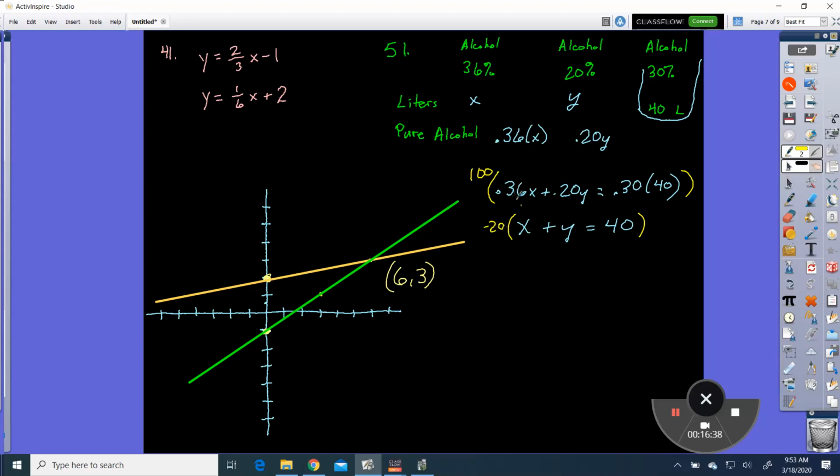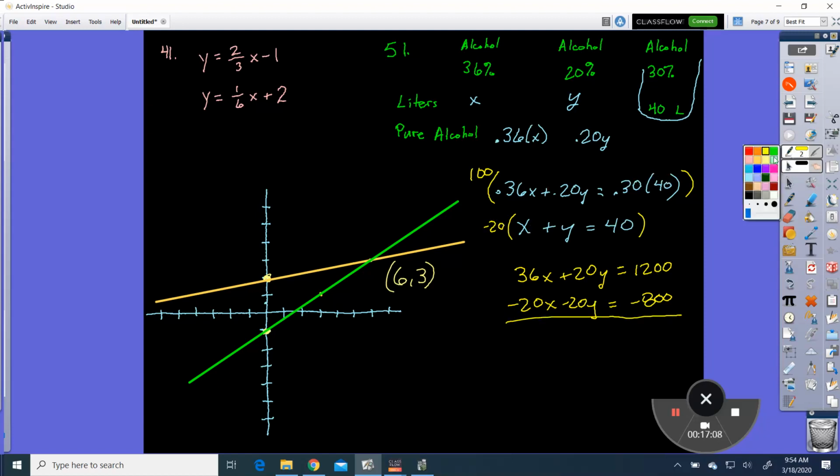So 100 times 0.36 makes 36x. 100 times 0.2y makes 20y. 100 times 0.3 is going to be 30, times 40 is 1200. Now down here I'm going to have negative 20x minus 20y equals negative 800. 4 times 2 is 8, then we add 2 zeros. Same thing up here. 4 times 3 is 12, and then add the 2 zeros. So anyways, now that we have that,